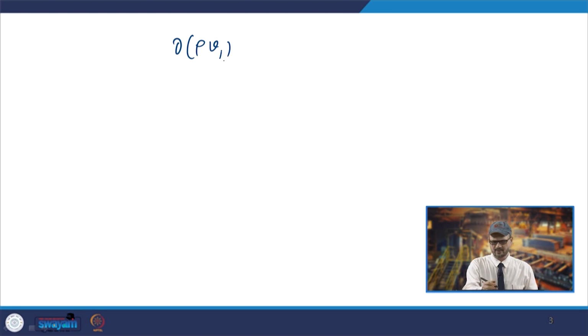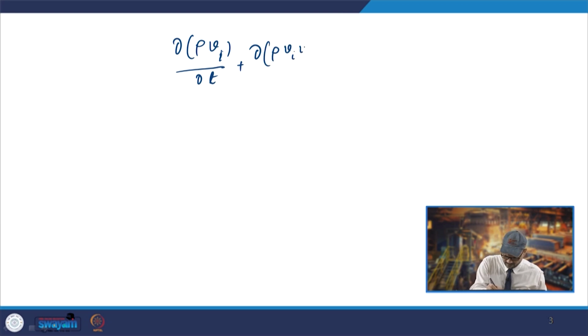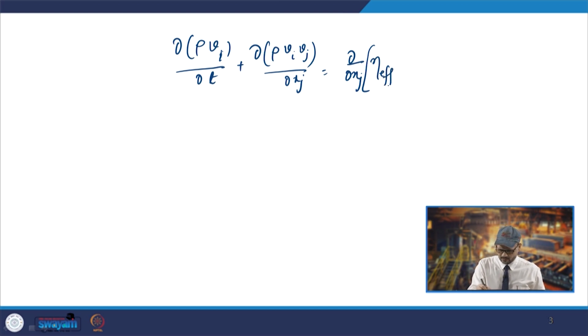Your equation becomes: you have ∂(ρ v_i)/∂t, and then you have the convective term, ∂(ρ v_i v_j)/∂x_j. So, that is your convective term. Then on the other side you have the diffusive term, so you will have ∂/∂x_j, and then, being the turbulent